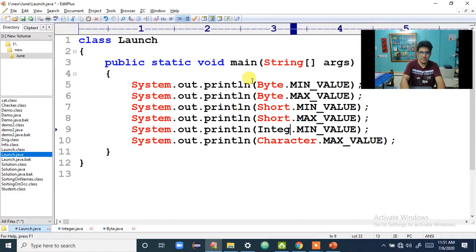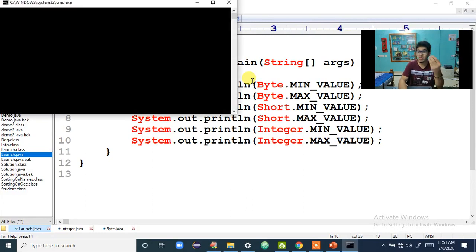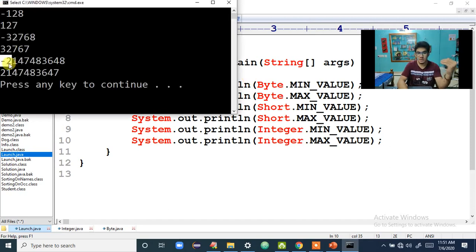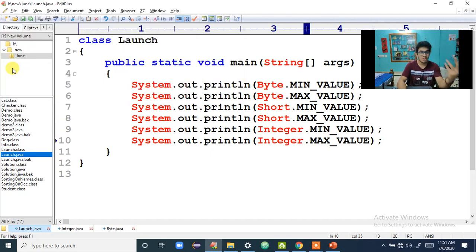So let's go for integer here. Integer.MIN_VALUE, Integer.MAX_VALUE. What's the lowest value which can be stored in integer, and what's the maximum value that can be stored in integer? Let's see. See, this is the lowest value which can be stored in integer, and this is the maximum value which can be stored in integer. So Integer.MIN_VALUE, Integer.MAX_VALUE. Same thing, we have